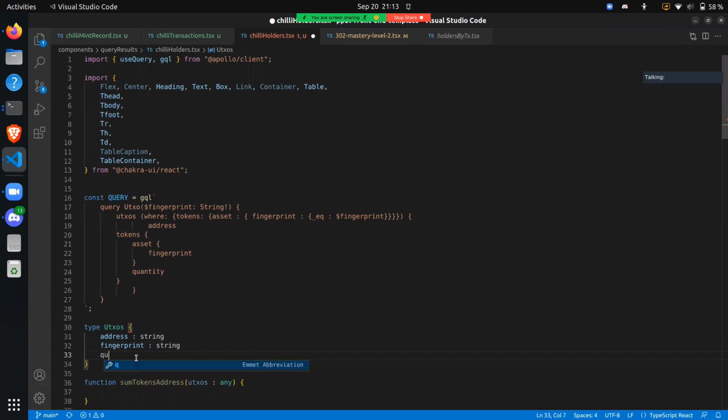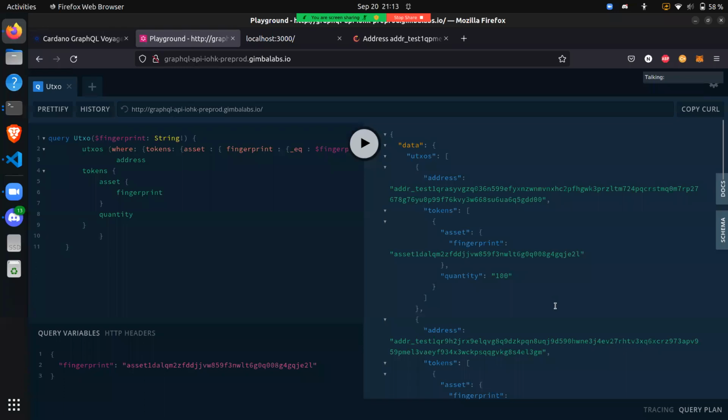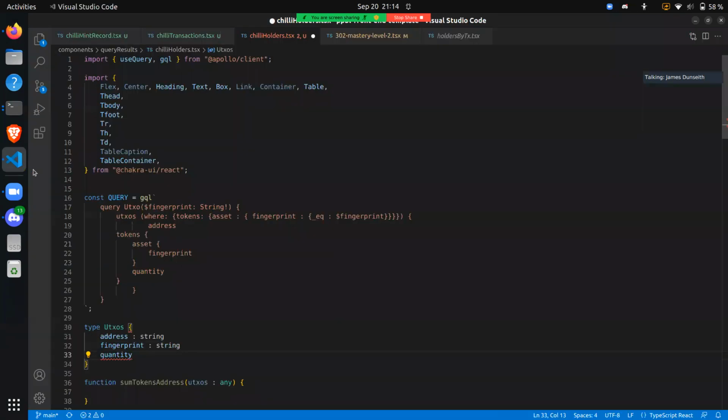And then even the quantity, if you check the GraphQL Playground again, is a string, right? So it's tempting to put number there, but the data we're being sent is a string. So we'll keep it like that for now. But we have to convert it to a number at one point, right? Because that's going to sum it. That's right. And so we may decide to do that at the moment it's added to the UTXOs we're